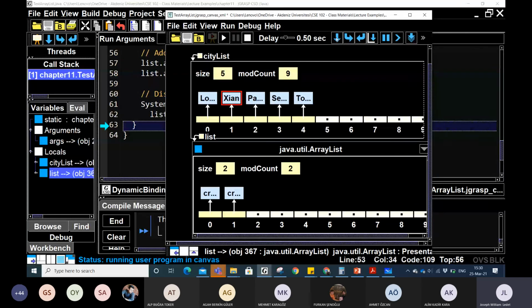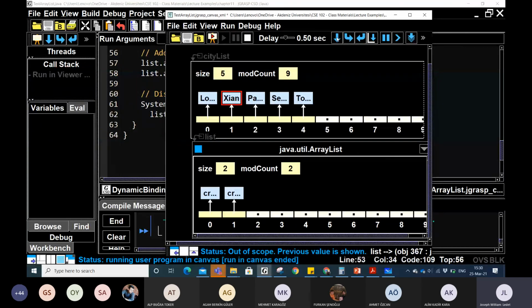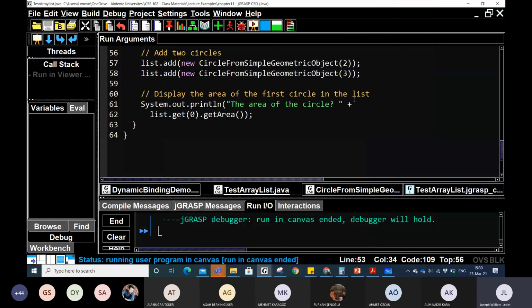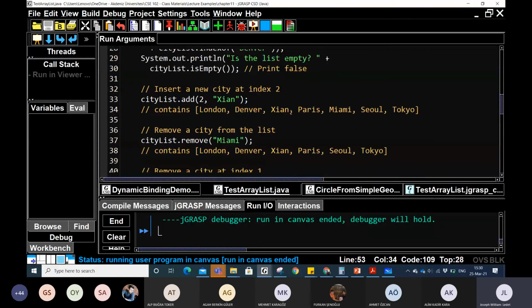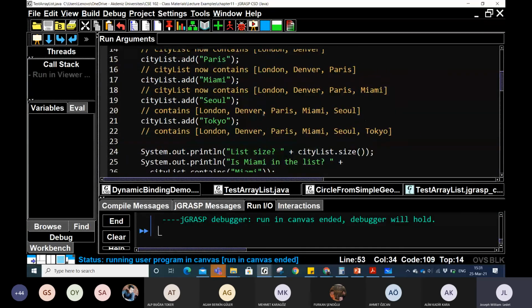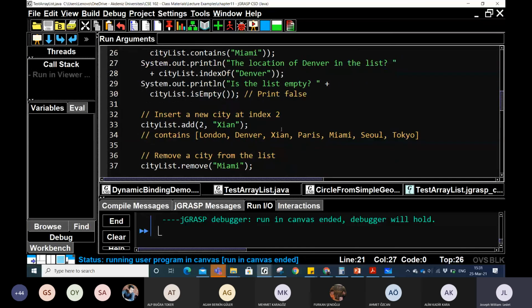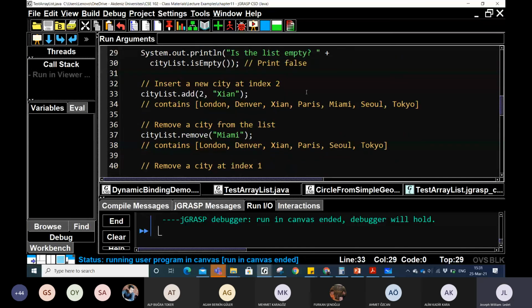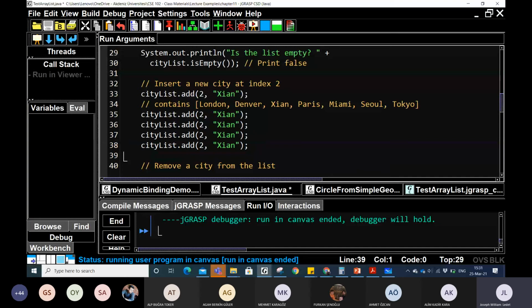I do want to show one more thing before we conclude for today on this array list thing. What if I added a bunch of new cities? Let's see. Before I remove Miami, I want to add, actually I just want to add to the end. I want to add a bunch of Turkish cities. So I'm going to add Antalya,